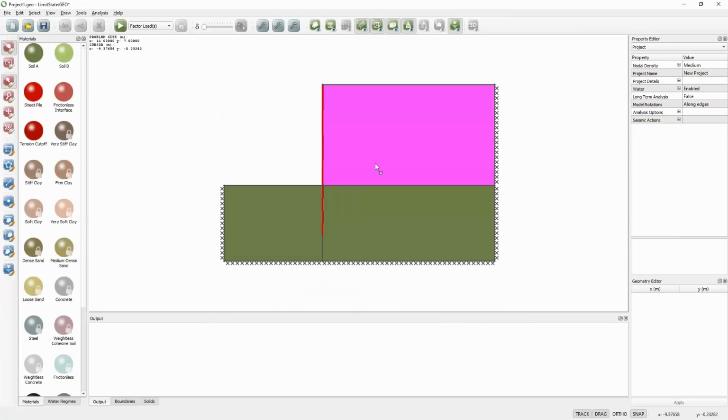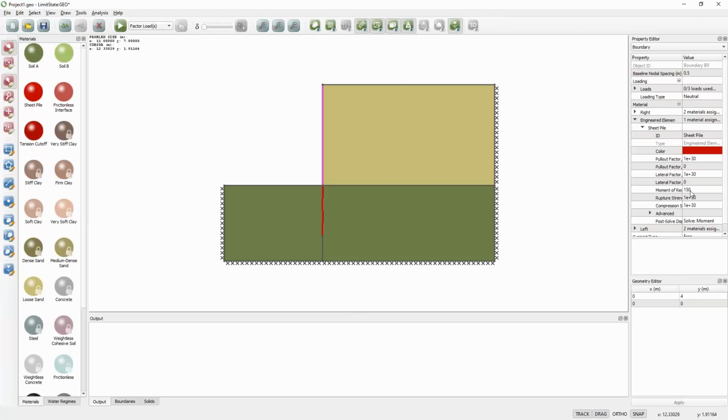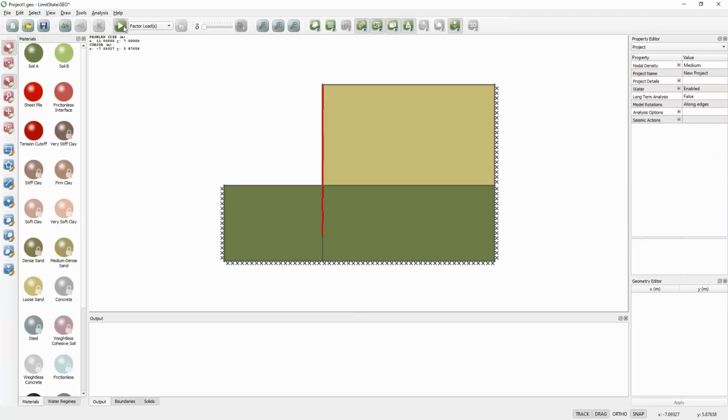I'm just going to put some sand in here. So here we're using the engineered elements. This is the same element we can use to model a soil nail. We're using it actually to model a sheet pile wall, steel sheet pile wall. And in this particular case, I'll put in something like 50 here for the bending. And if I solve the problem,